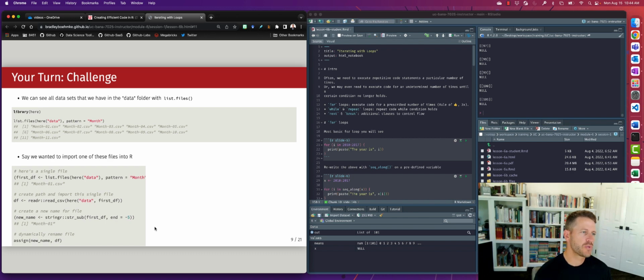All right, so what I want you to do here is we can see all the data sets that we have in the data folder for this lesson, right? So we have a bunch of month data, month CSV files. And so say we want to import one of these files, right? Say we want to import month 1 CSV, right? We would execute